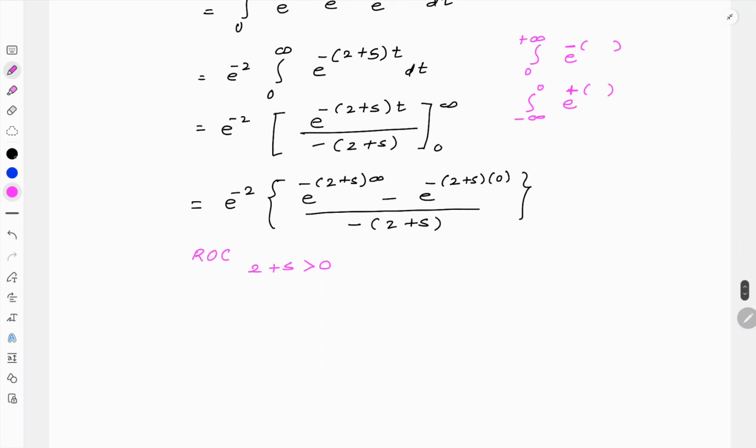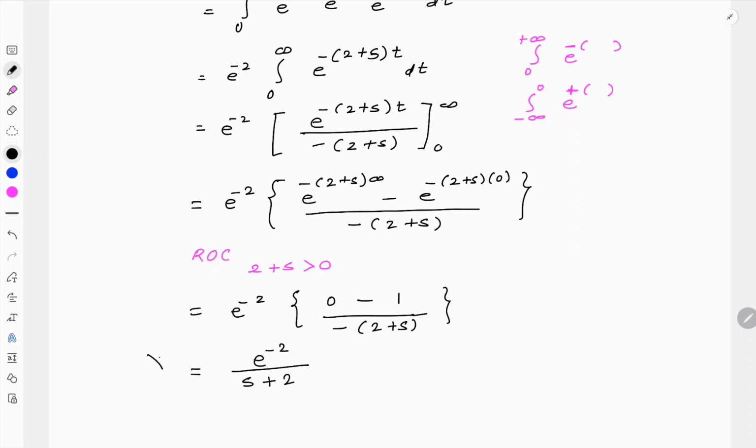So let us simplify it further now. e raised to minus 2, the first term e raised to minus infinity is 0, minus e raised to 0 which is 1, whole divided by minus of (2 plus s). So the final answer will be, see 0 can be neglected, so minus minus will become plus. So it will be simply e raised to minus 2 divided by s plus 2. This will be your unilateral Laplace transform